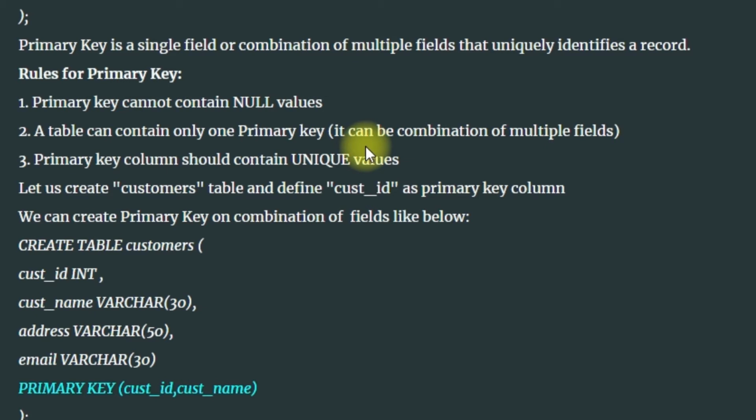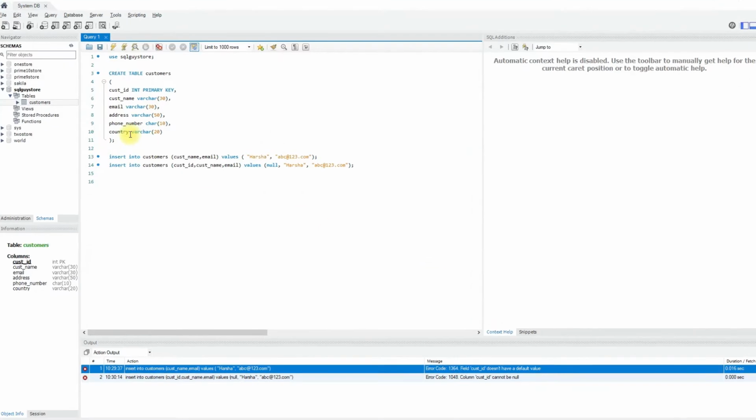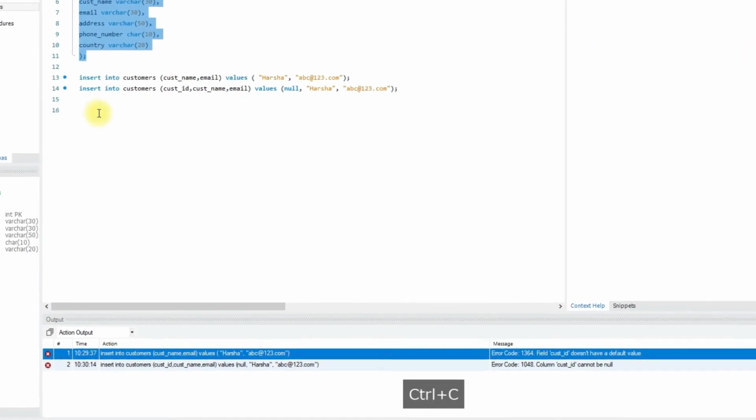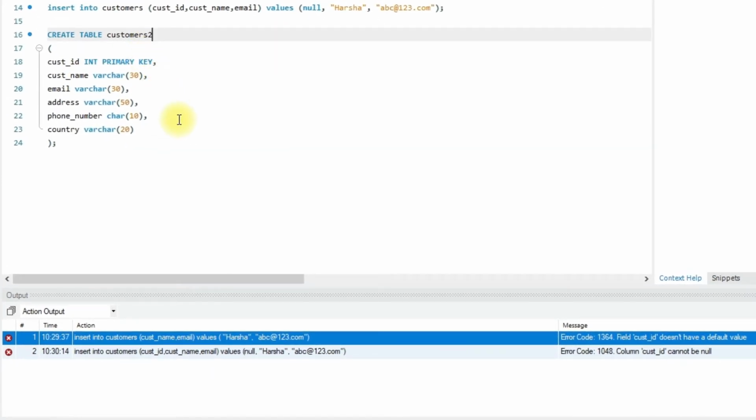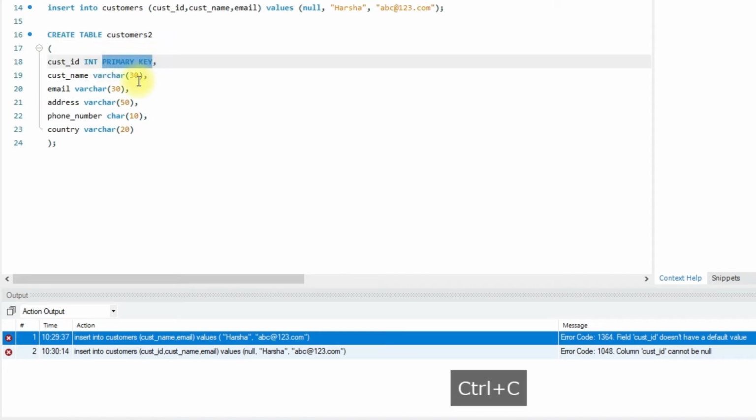So let us try to give two columns as primary key separately. Let me copy this code. I'll give customers2 as the table name. I will define customer name also as the primary key.